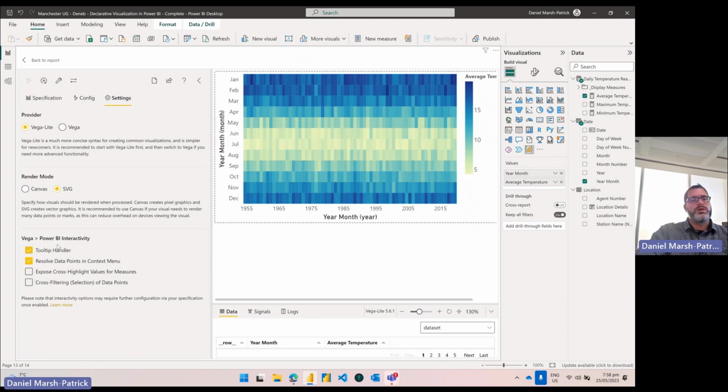But down the bottom, we've got these interactivity options. Two are enabled by default: tooltip handler and resolve data points in context menu. Cross highlight and cross filtering aren't enabled. The reason they're not enabled is because when you build a visual,